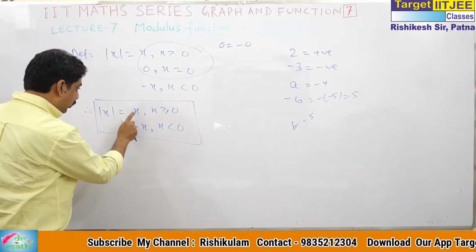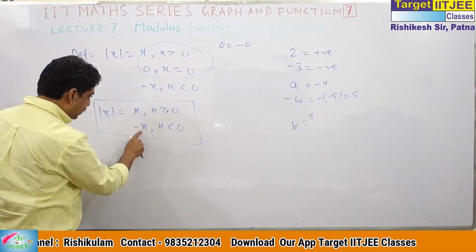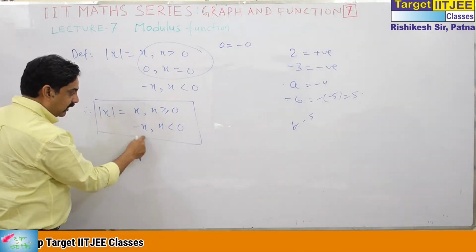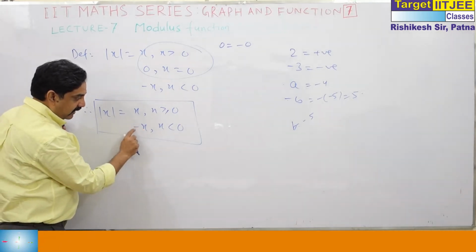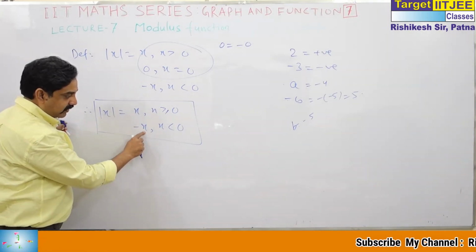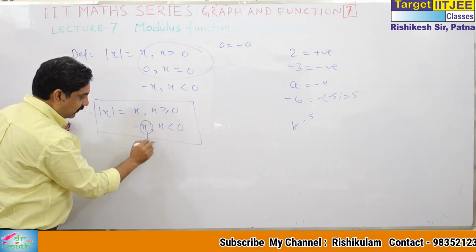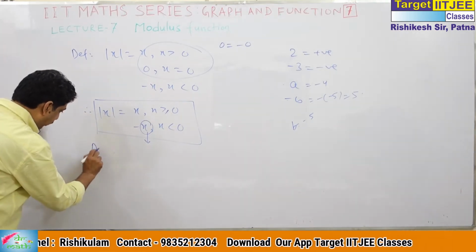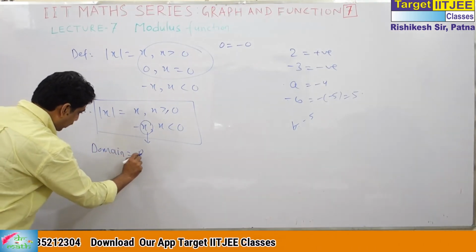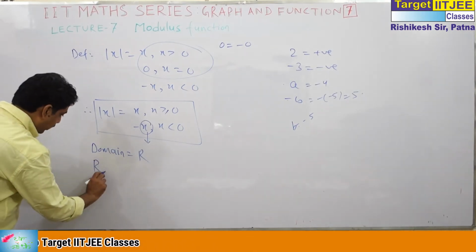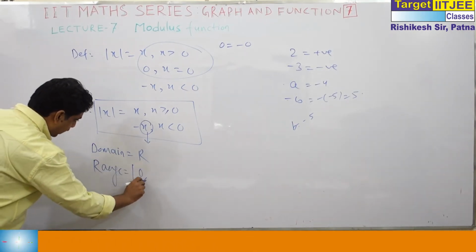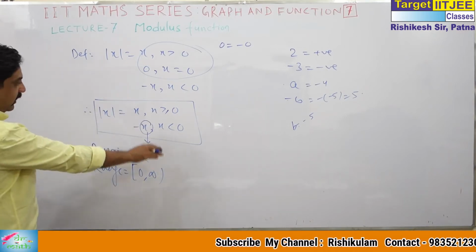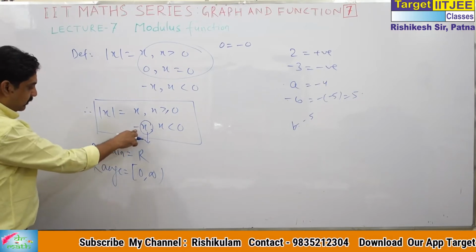So what do we know about modulus? We know that modulus is always positive. Why? You see, this is positive and this is again positive. Here there are two negatives, the product of two negative numbers. This x is actually negative, x less than 0, and this negative x is positive. So what is the domain of this? Its domain is the real numbers. We can put any real number. And what is its range? Its range is 0 to infinity. We cannot get any negative value of this. If we put a negative, this negative will make it positive.